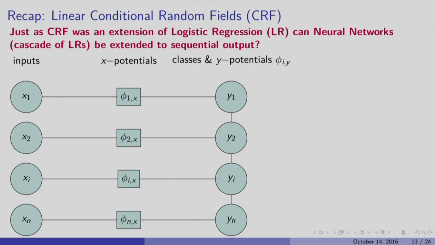Recap our discussion of linear conditional random fields, which we discussed as an extension of the logistic regression model. The way we extended was to generalize a feature as a function not only of the input but also of the output. So we could have phi y1, y2 and phi y2, y3 and so on. The intent here is that any inference that was made based on an observation at a previous time step or at a previous position such as x1